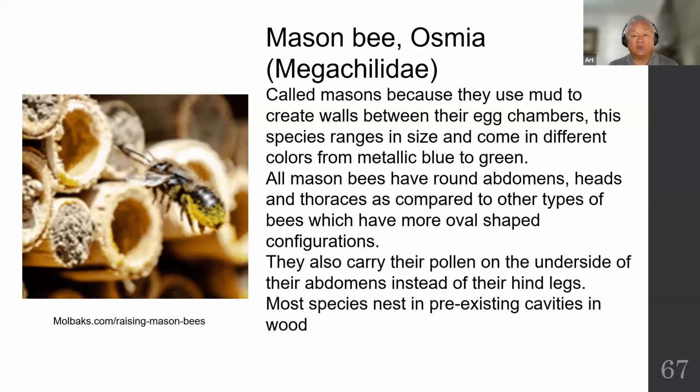So one bee that would be commonly in this area would be the mason bee or osmia. They tend to have kind of roundy bottoms and rounded heads and are kind of small. And they do collect the pollen on the bottom part of their abdomen here versus on the back legs. They can be metallic green to blue,